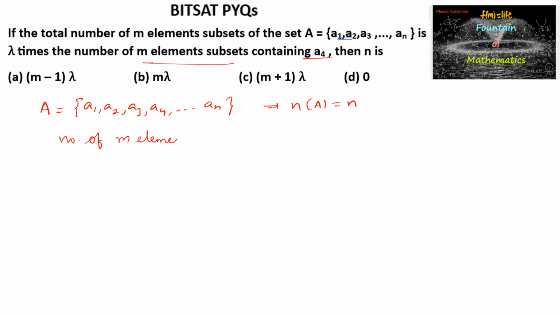So the number of m elements subsets of A is equal to, we can write nCm, because among the n elements we need to select m elements, and here we should not do the arrangements because in a set order does not matter. And also the number of m elements subsets